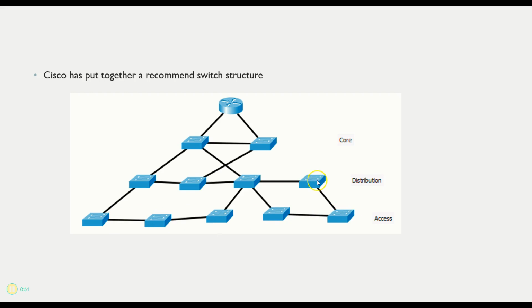And you can see that what I've done is I've added a bunch of lines between these switches. Now, not all of them. There's no line here, there's no line here, there's no line here. I've left a few out. You don't have to have it perfect. But what we have is a way for traffic to get from point A to point B in the fastest possible method. Now, just because these are slower switches doesn't mean that it's not the fastest method to get from A to B, because there is a time delay, say, between this switch and this switch. But even a greater time delay if I have to go to this one, then this one up here, and then this one down here, and then this one, then this one, then this one, and then down.